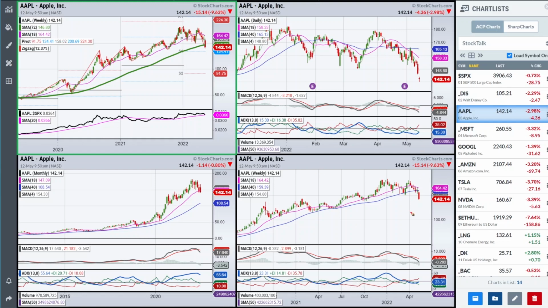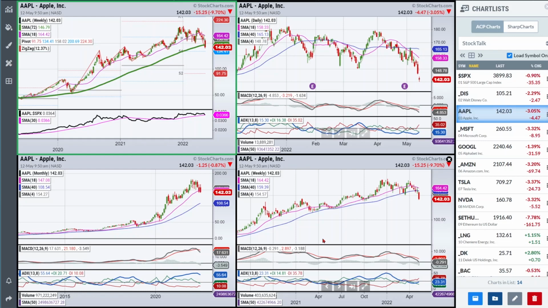The one thing that I would tell you right now, at least, is we don't have that much strong evidence on the momentum side. Okay, the trend is down, but we haven't taken it to a level that suggests a lot of acceleration to the downside at this point. 150 has been pretty important to me because you're making a lower high and a lower low, and obviously after breaking the trend line, I think that becomes pretty important. But we are getting to the MACD 0 line on the weekly chart. Again, we're stretched away from the daily. Look at how far away we are from the daily 18.